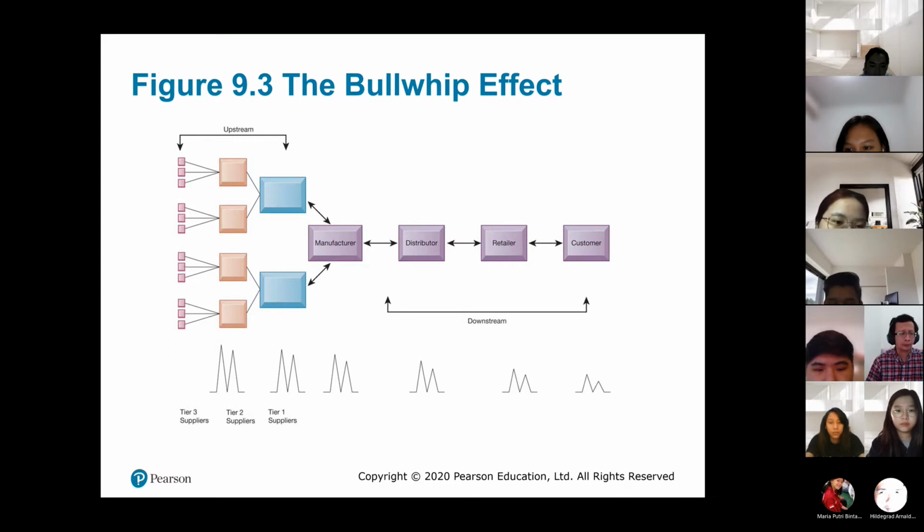A few months ago, when the second wave of COVID cases was increasing in Indonesia, before the PPKM, before the lockdown, there was a rumor that the president, Pak Jokowi, would impose a strict lockdown. Our lockdown is actually not that strict.